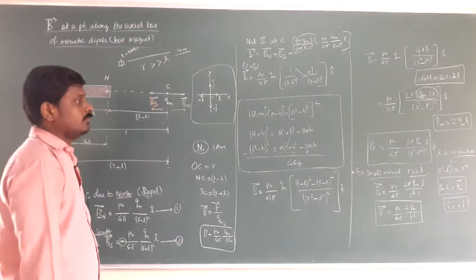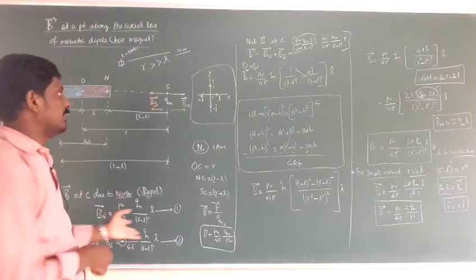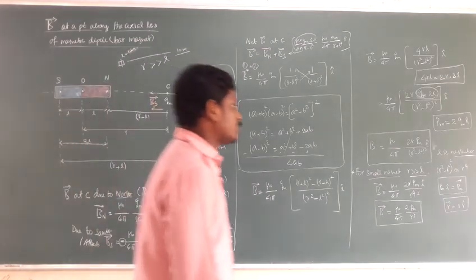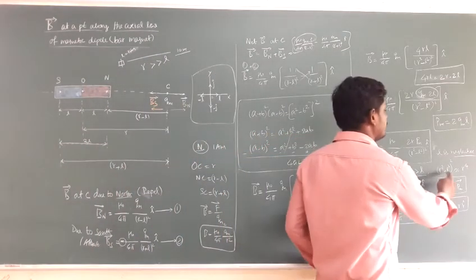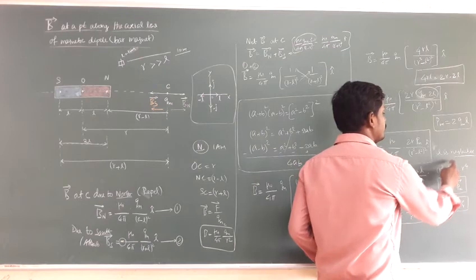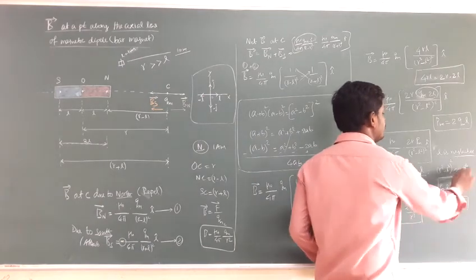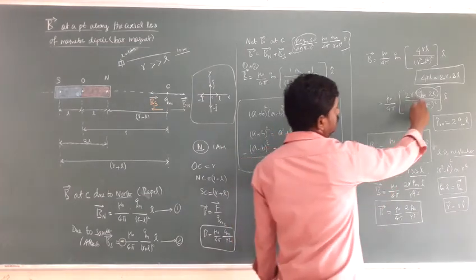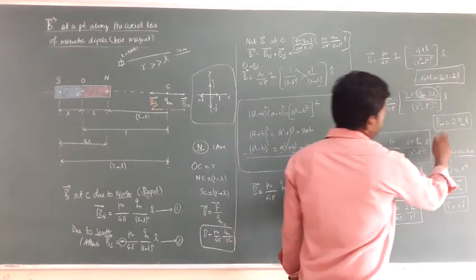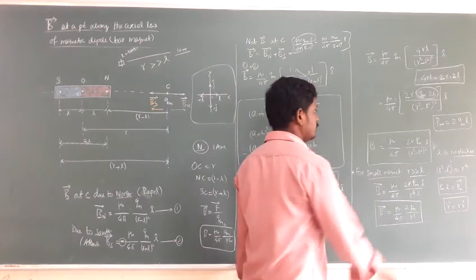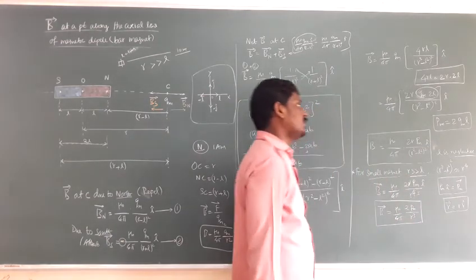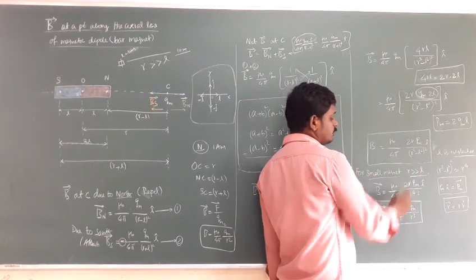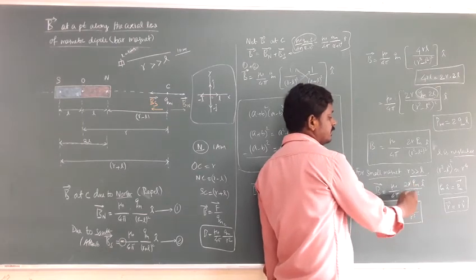The same problem, but here magnetic field. In first lesson it's electric field. So (r squared minus l squared) whole square. So l is neglected. So r squared power square is r power 4. It's approximately equal to r power 4. Just substitute. So again qm into 2l, that is magnetic dipole moment. So that is pm is equal to twice qm times l. So r power 4, here 2r. So r cancels, we will get r cube.